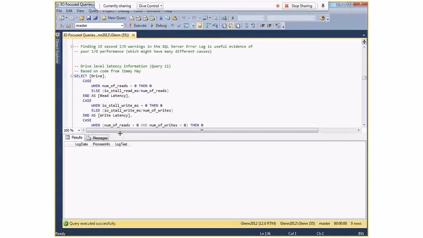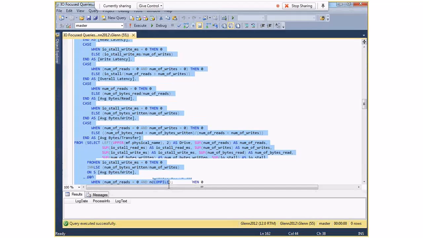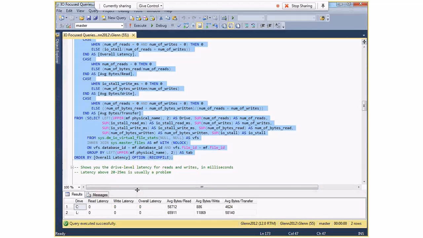So the next query I want to show you is the drive level latency information. And this is since SQL Server's been running, and this shows you the latency for all of your files. And this includes everything that's happened for your database-related files, so backups and restores and index maintenance, plus your regular workload. And since I haven't done anything significant on my workstation today, there's not any interesting stuff here, but in real life you would see the read latency and the write latency here, and also how large your reads and